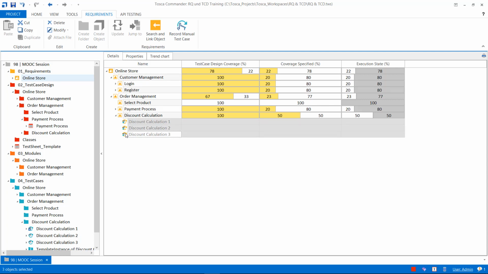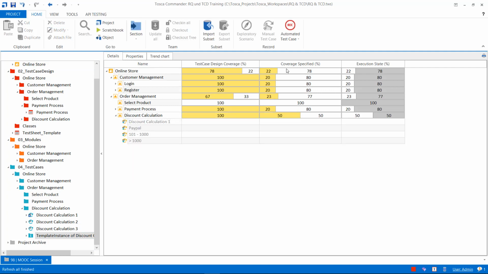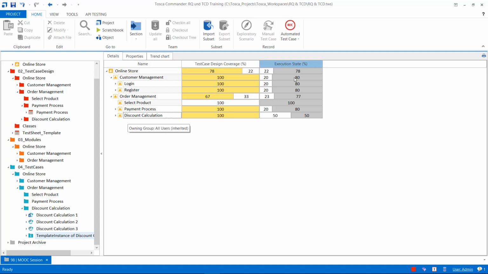I would just like to link this template instance folder to the requirements, and then having these test cases assigned here, I will check with Jonathan. We have done the register process, 100% test case design. We have done the payment process, and we have also toggled the requirement discount calculation. Work state complete for today. Just reflect on the requirements,